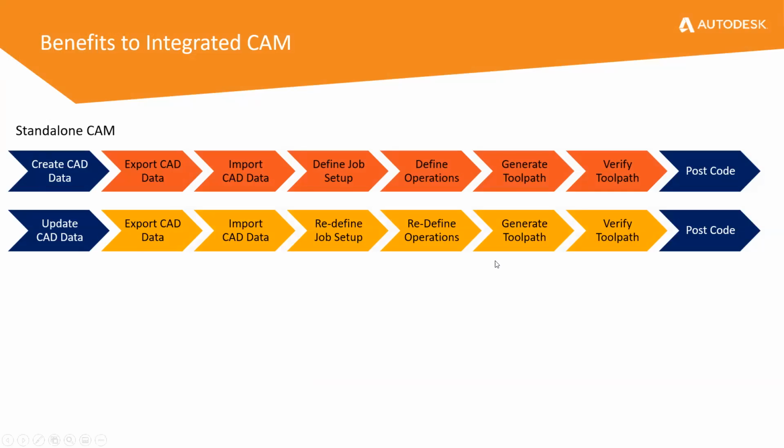So again, for standalone CAM, right? We create data, export data from, let's say, one application, and then on the other application, we import the CAD data, define the job setup, define operation, toolpath, verify toolpath, and create codes. In case there's changes to the components, let's say holes need to be bigger, or you need to add some chamfer or fillet to the component, you need to update the CAD data again and repeat the same process: